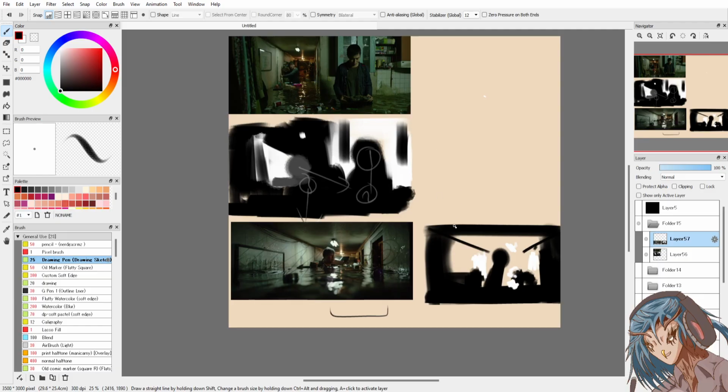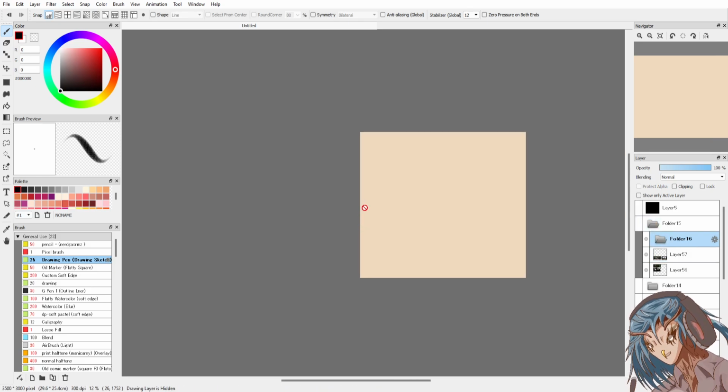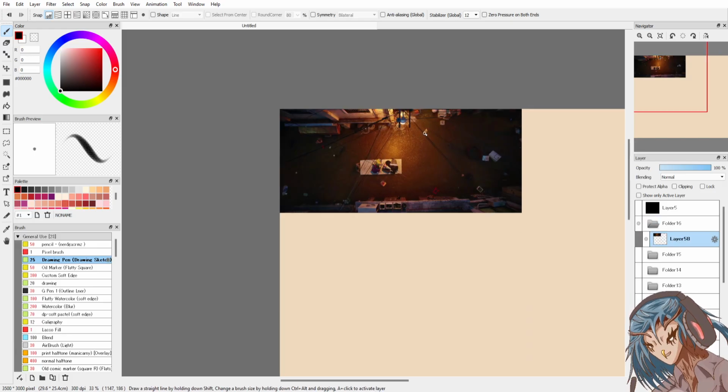Something in this room is going to be the next shot. Probably. Something changed. This is getting tired.